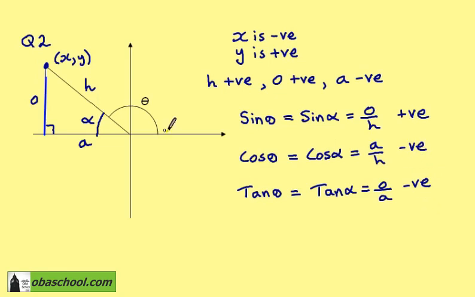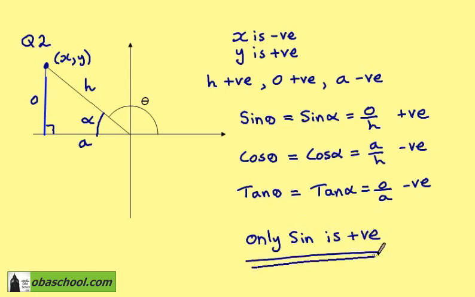If we now consider the three trigonometric ratios in quadrant 2, we can see that only the sine is positive, the cosine and the tangent are both negative for angles between 90 and 180 degrees. It's worth trying to understand this and remember this fact now, and then relate it when we see the graphs of